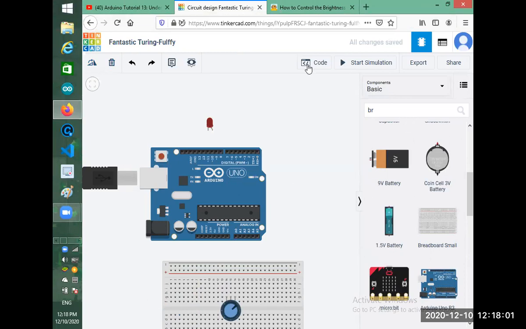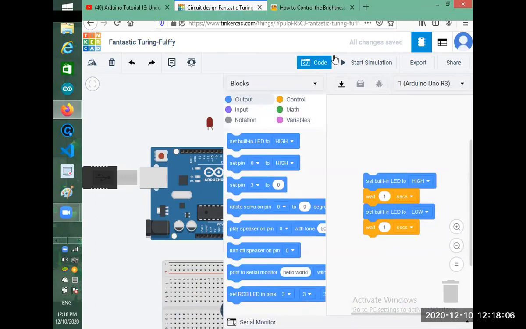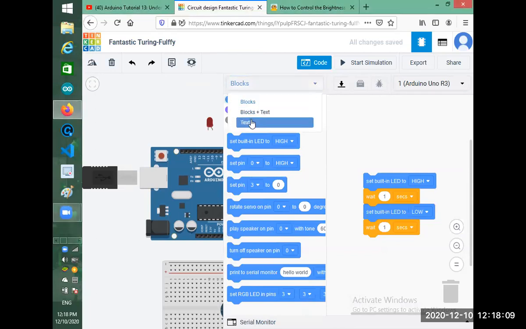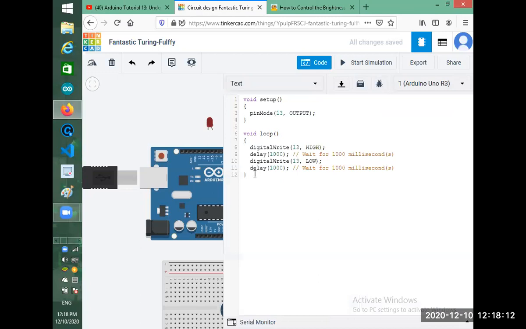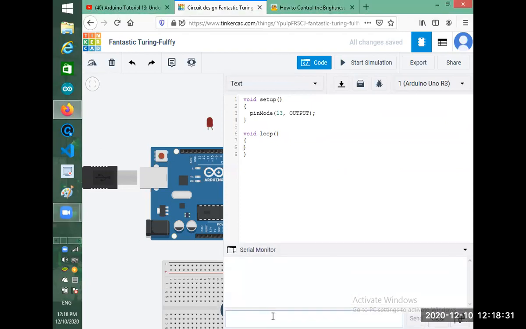So we just open the code. We'll go to the text. And we don't require this many lines. We are not right now doing all this stuff. We are not using these things. We are only using the serial monitor. What is serial monitor? Here is the serial monitor. What does it mean? It is a window. You can see what is going on inside your program. So you can print numbers. You can print the string that we are sending to the serial monitor.